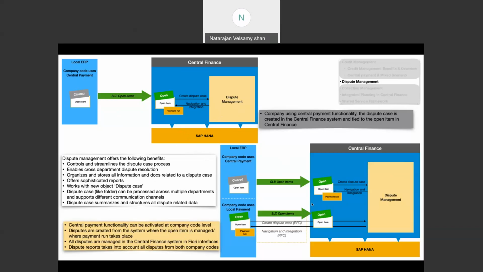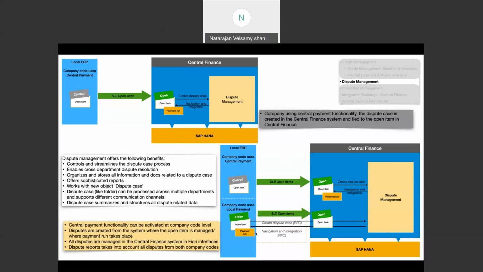In the mixed scenario, company code central payment functionality can be activated at company code level. Disputes are created from the system where the open item is managed, where the payment has taken place. All disputes are managed in the central finance system with the Fiori interface. Dispute request takes into account all disputes from both company codes. So the entire dispute is sitting in the central finance system, and the systems are feeding the information wherever required,